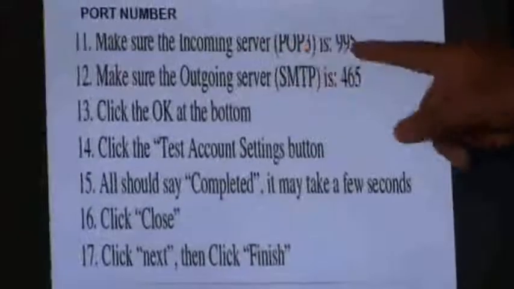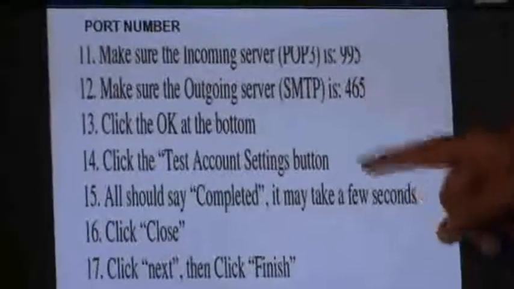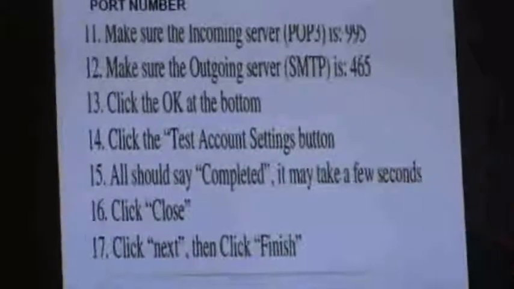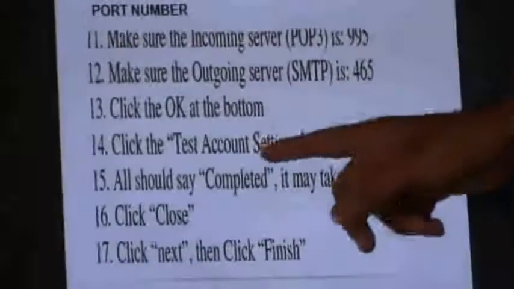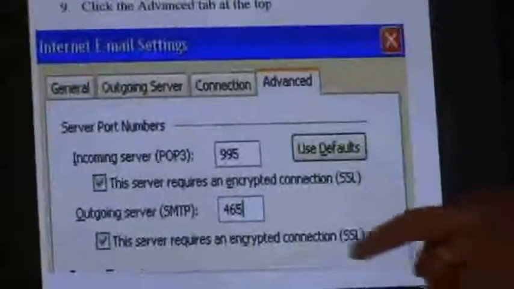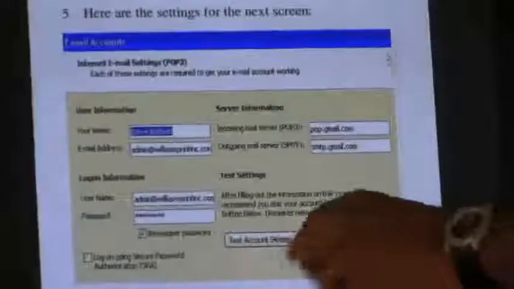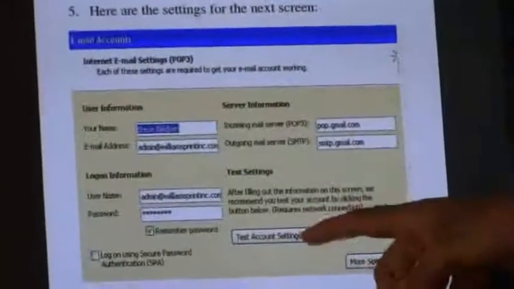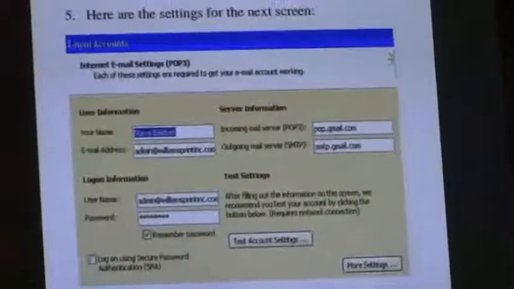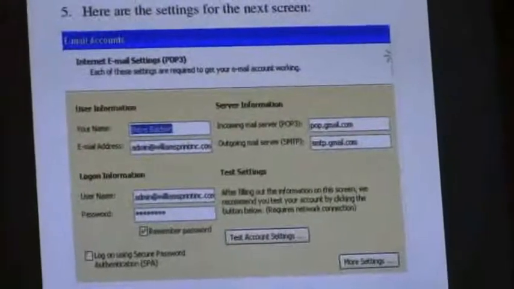The incoming server is 995 and the outgoing server is 465. Then I click the test account settings. After the test, it will show sending completed and receiving completed.